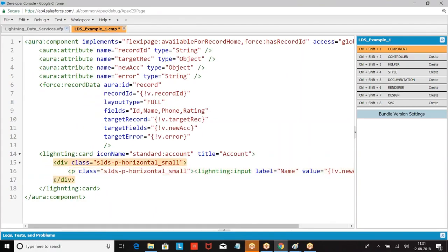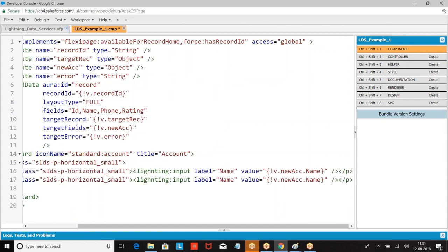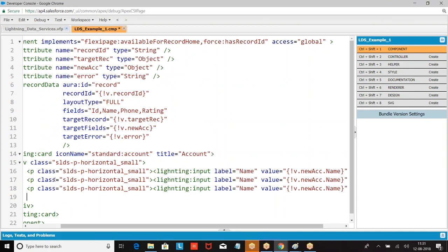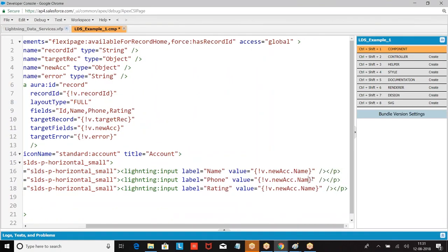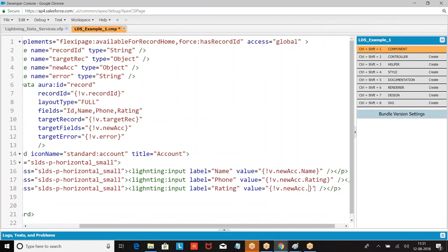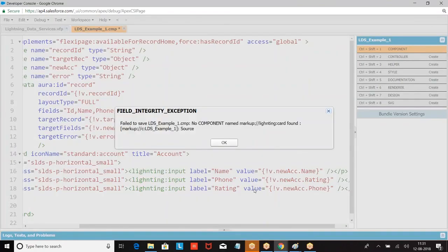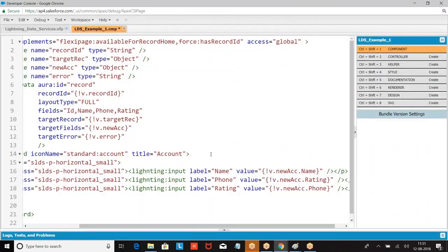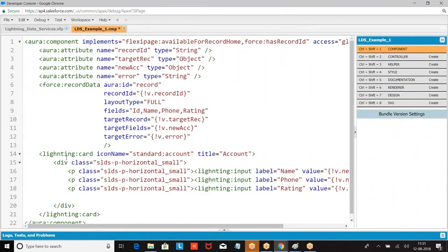What are the fields I told? Name, rating. No component mark lightning, spelling mistake.